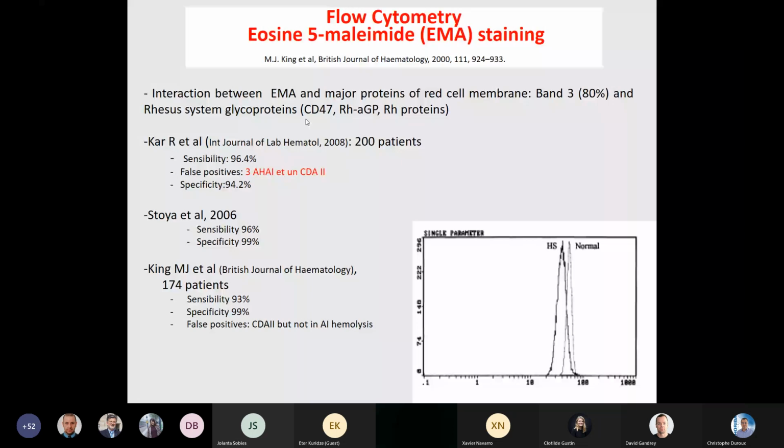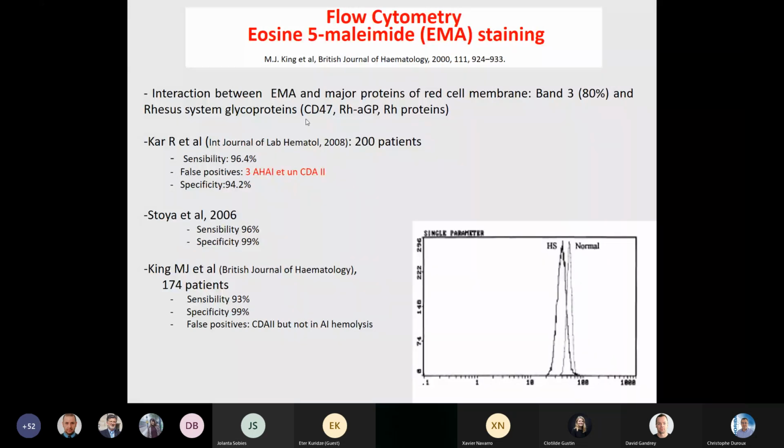And what you are going to measure is the decrease in fluorescence, because you have a loss of membrane surface in spherocytosis. So you will have a decreased mean fluorescence intensity, and this is what you can see here. It's an easy test to perform. It takes very few microliters of blood. You can perform it very early in life. We perform it on cord blood in the neonatal period, for example. It's very efficient, but the problem with this test is